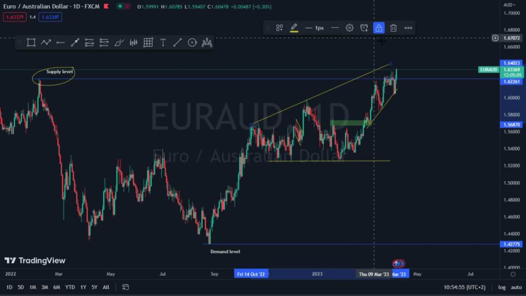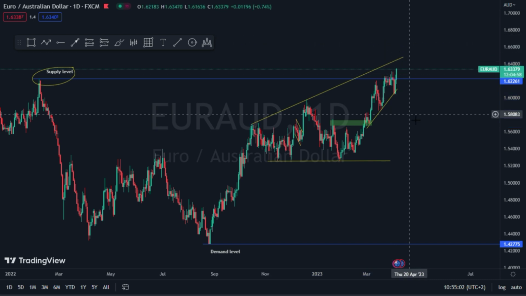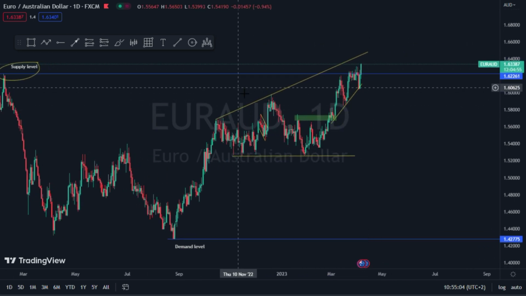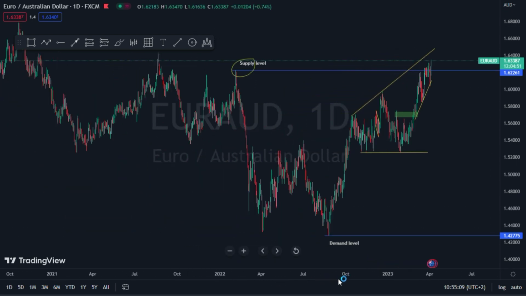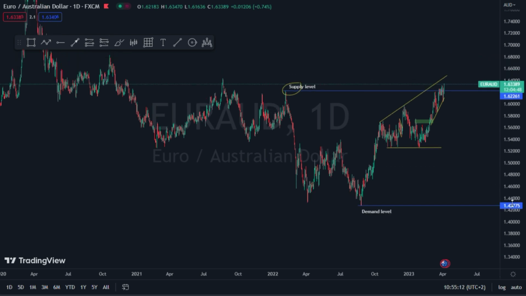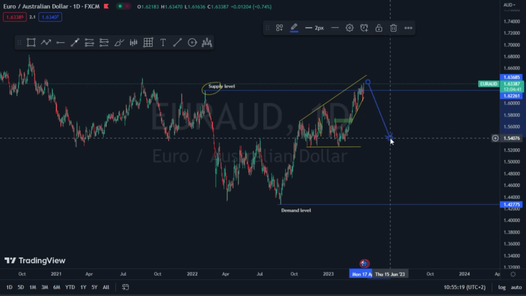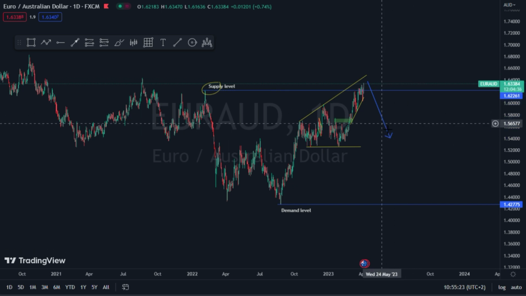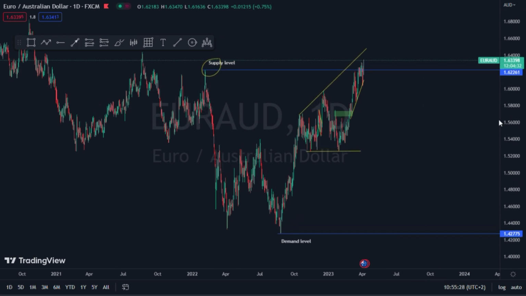So what I anticipate right now is for the market to reach that trend line right there for that third touch, right? After the market reaches that third touch of that trend line, we're gonna start seeing the market pushing back down all the way to the downside, right? But we are not just gonna get involved in this market. First thing first is for us to really scale in